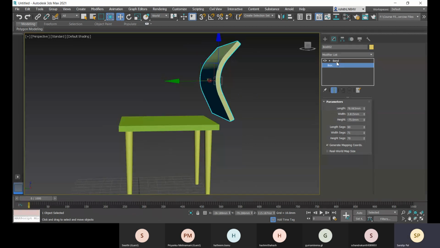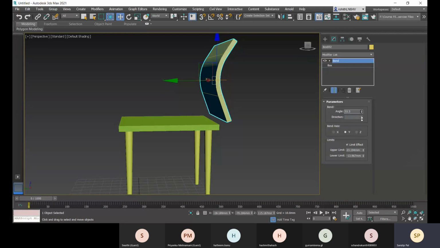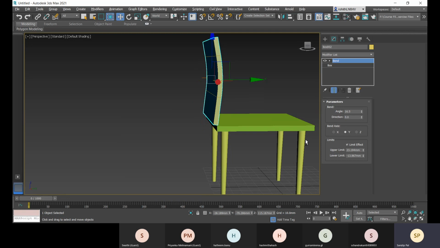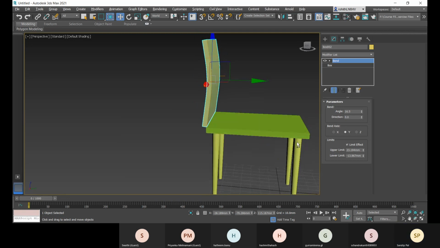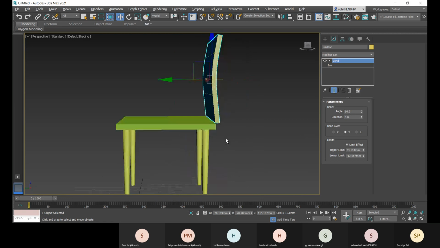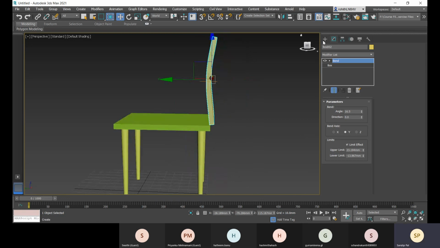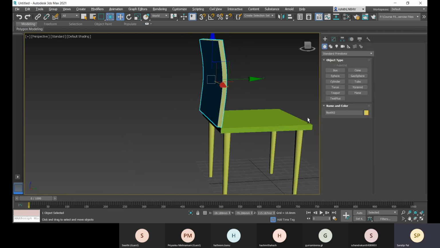Okay. And then let me come to bend and shear. This much of bend is fine. Okay, so that we can apply.